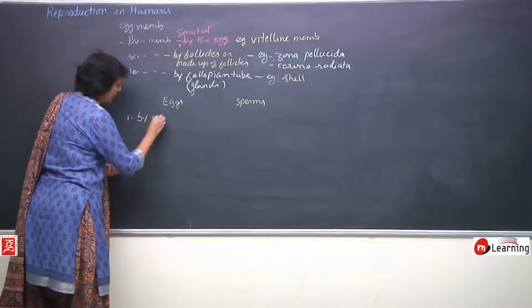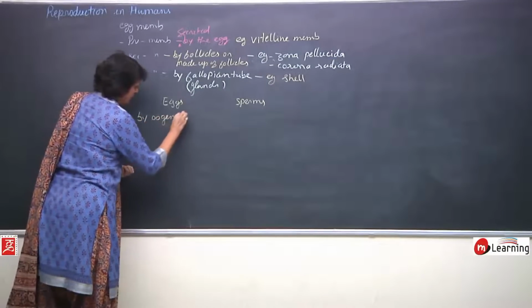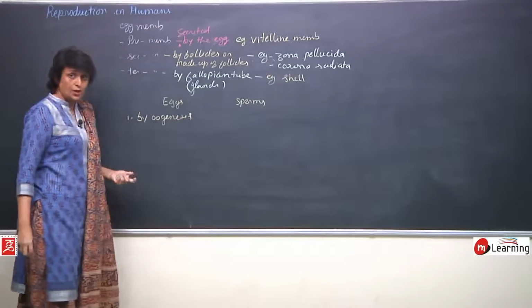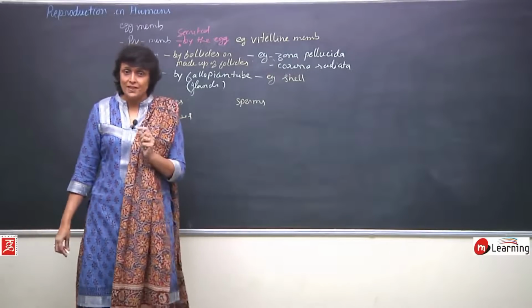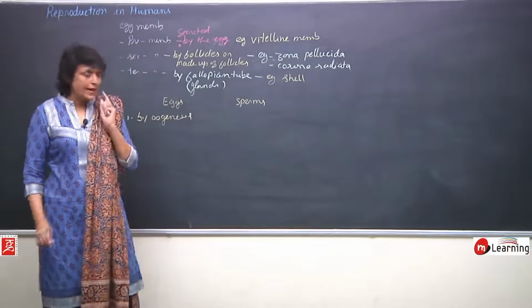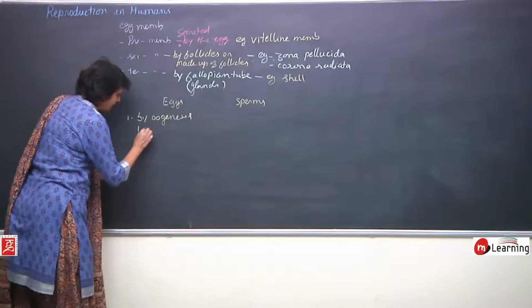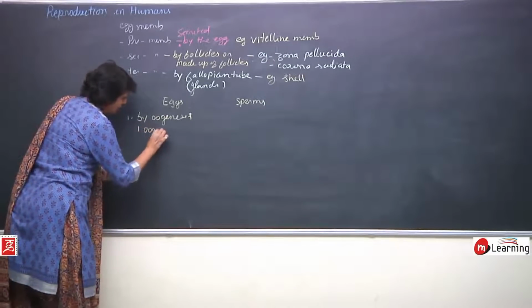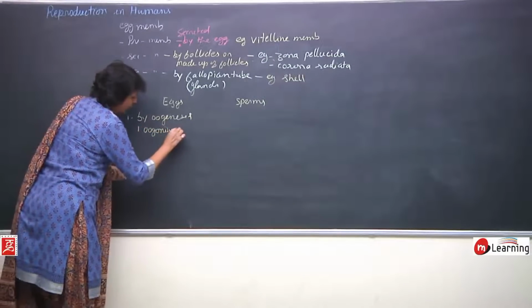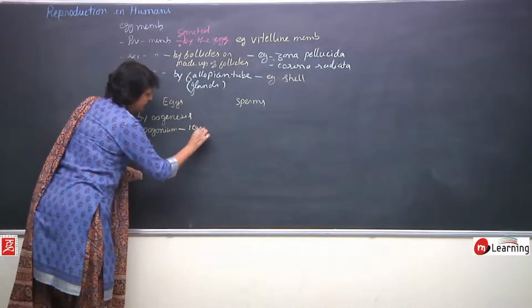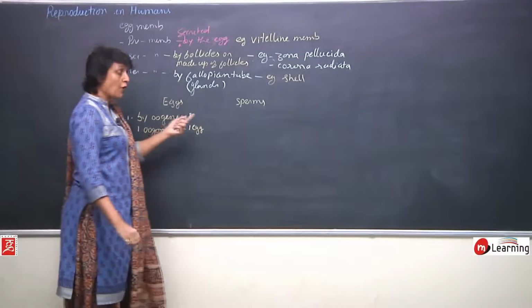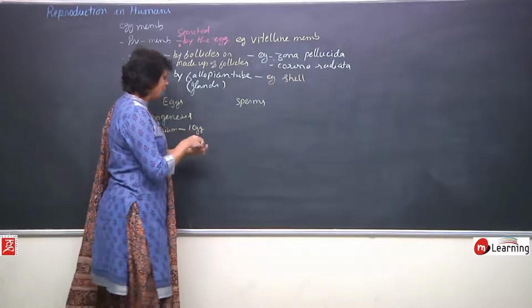So eggs are produced by oogenesis, in which one egg mother cell gives rise to one egg. So one oogonium produces one egg. In case of sperm formation, the process is called